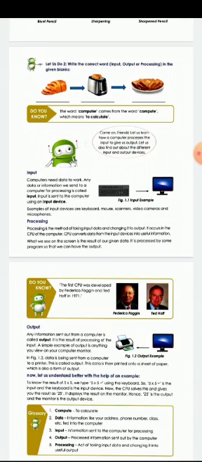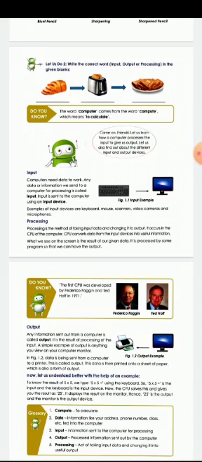So anything given to the computer, any information given to the computer is known as data. Any information or data given to the computer for processing, for working is called input. And the devices through which we are giving this input into the computer are called input devices, isn't it? In the second class, you have learned about input and output devices. There are so many input devices and so many output devices.